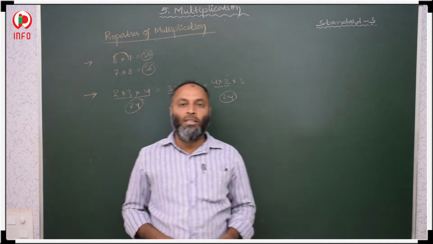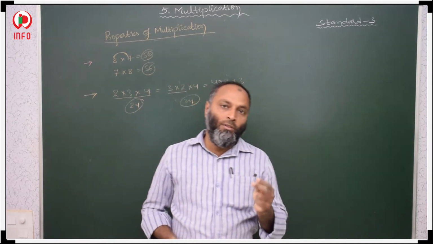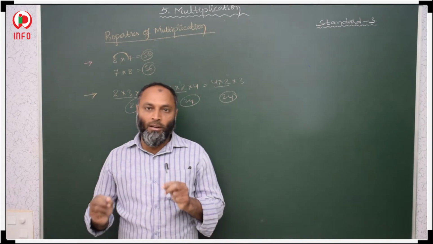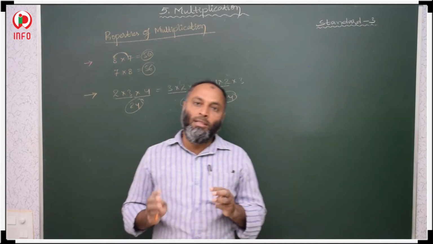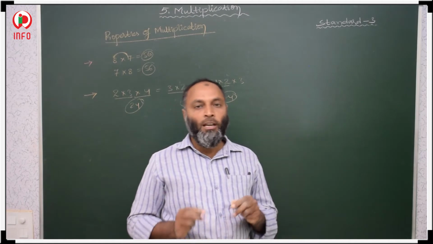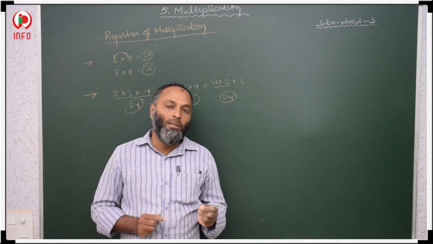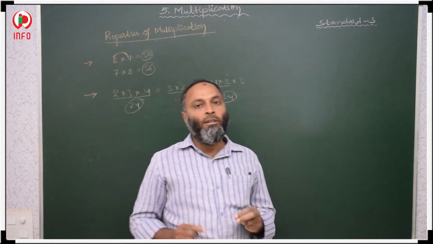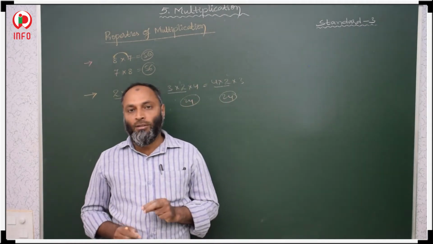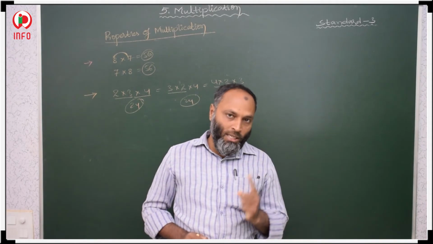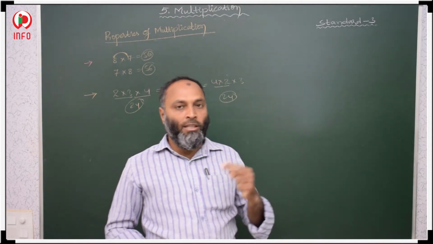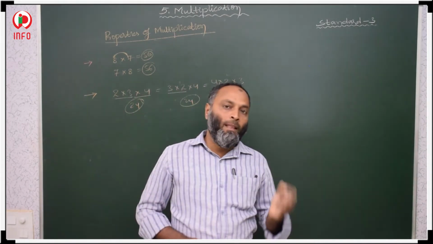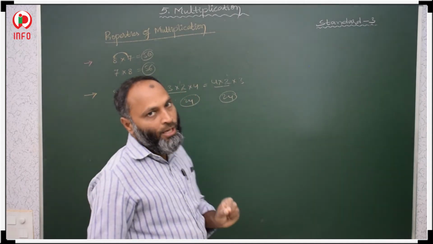Here the order of the multiplicands changes, whether there are 3 multiplicands, 4 multiplicands, whatever it is. In the case of 2 multiplicands, if the order changes, the product never changes. If 3 multiplicands are there and the order changes, in this case also the product never changes. So either 2, 3, or 4 multiplicands, whatever it is, if the order of the multiplicands changes, the product never changes.